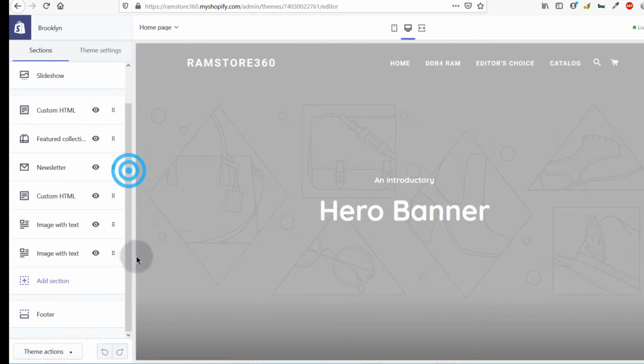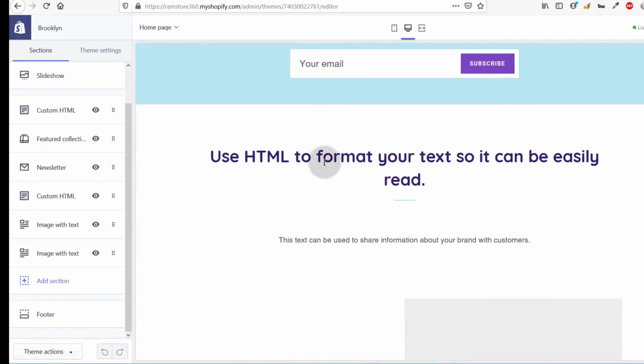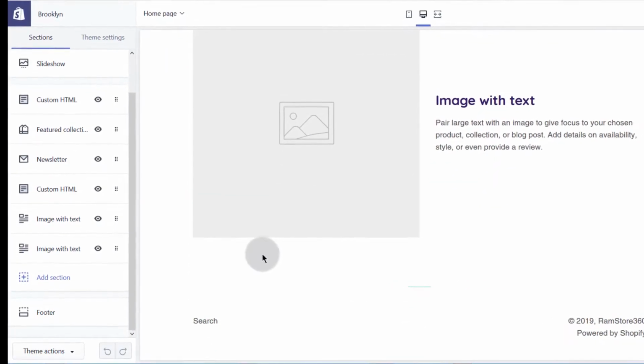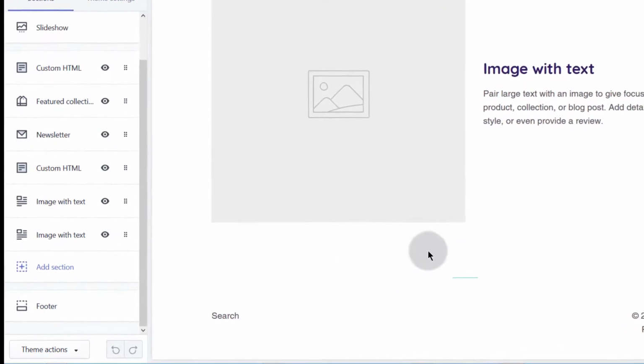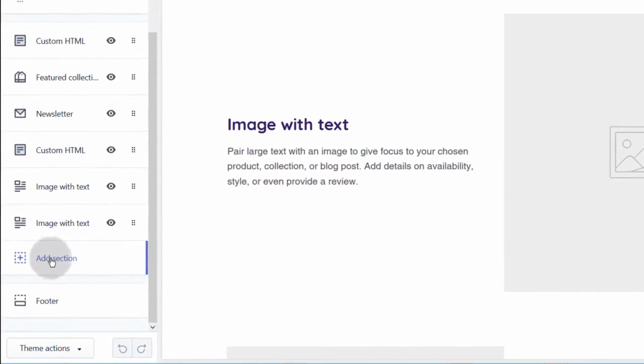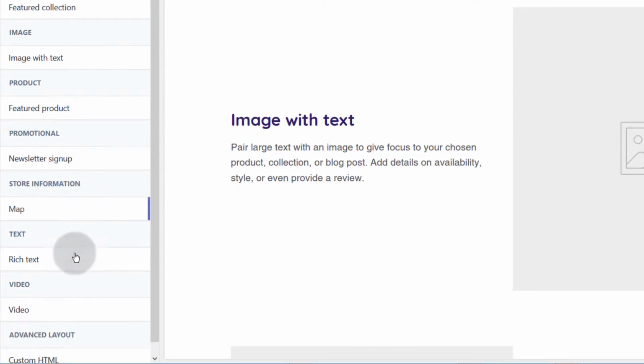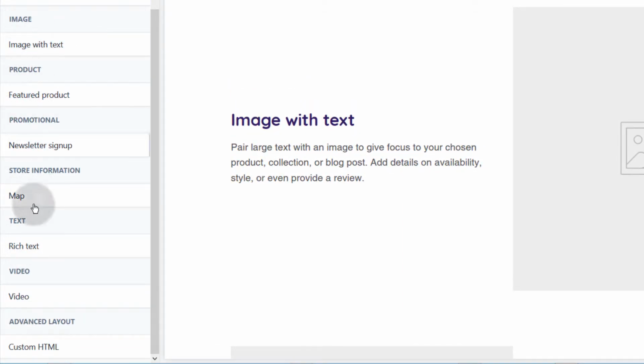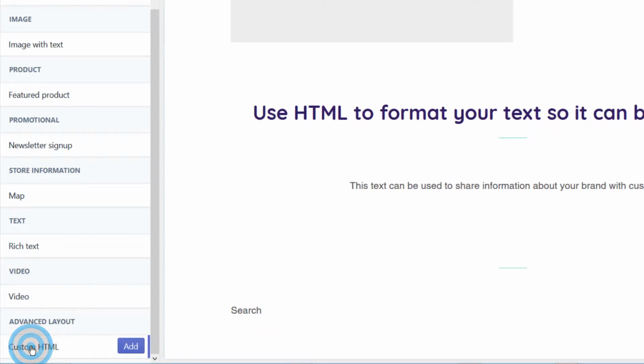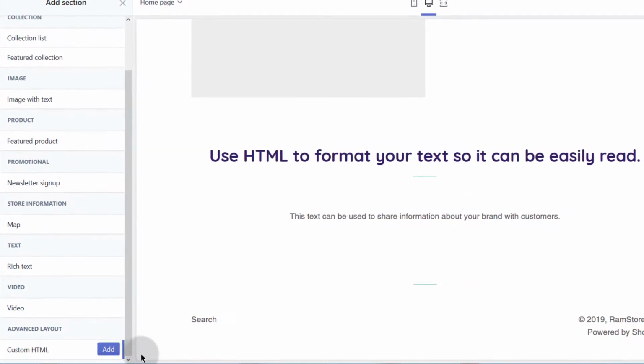Once you're on this page, you can see this is a theme that I'm using, but if you're using a different theme, the functionality will always be the same as this. If anything is different, it won't deviate too much. This is just a sample store, and I want to add the Getresponse form down here. So I will click down here to add a section. You can see these are all the elements that you can add on your web page. So I will click custom HTML, and you can see it's added there. And then I will click on add,